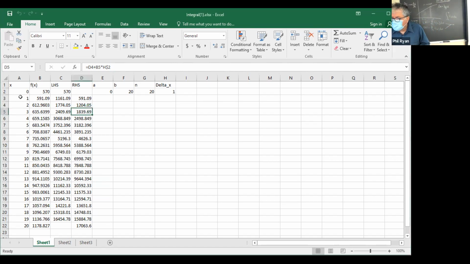You can see here, what have I done? Here I've got the bounds of my integral, so I'm going from 0 to 20. And here's n, I've got 20 rectangles from 0 to 20, so that means my delta x is 1. Right? It's just this minus this is the length, divided by n, that gives me the widths of my rectangles. Okay, so here is my grid of points, it goes from 0 to 20, and here is my function in this column here, and if I click on it,